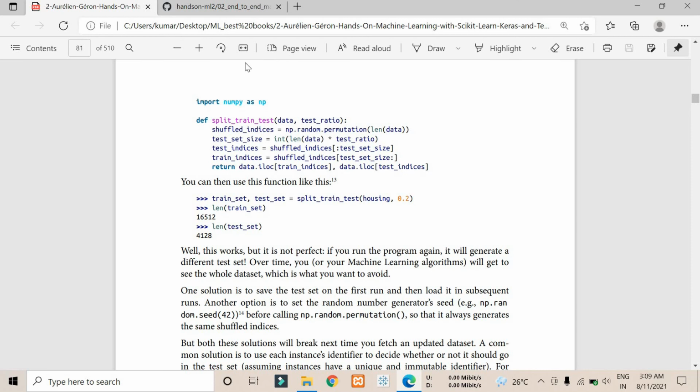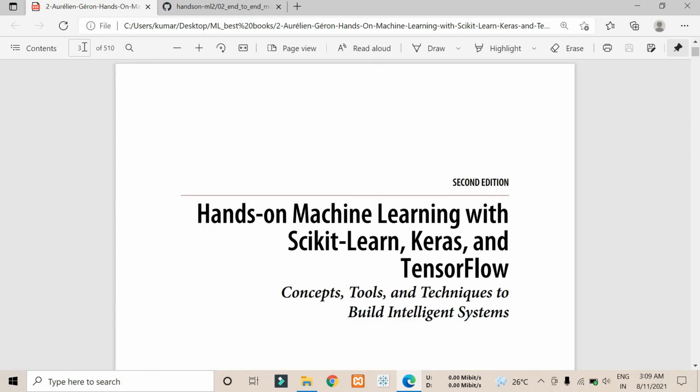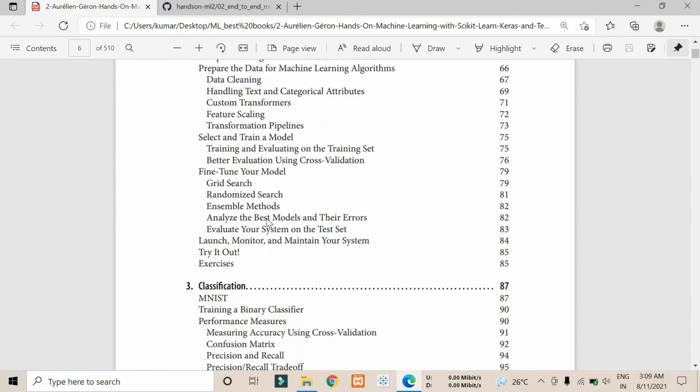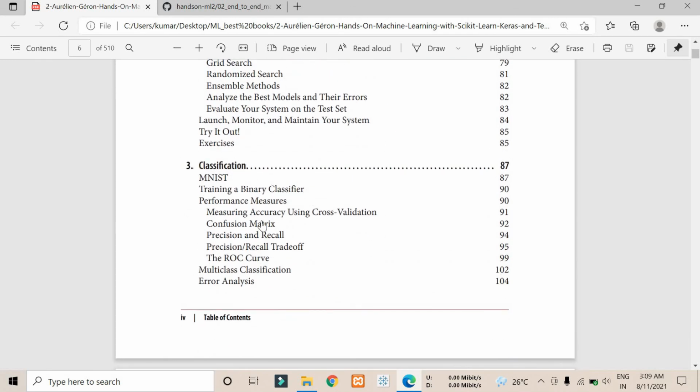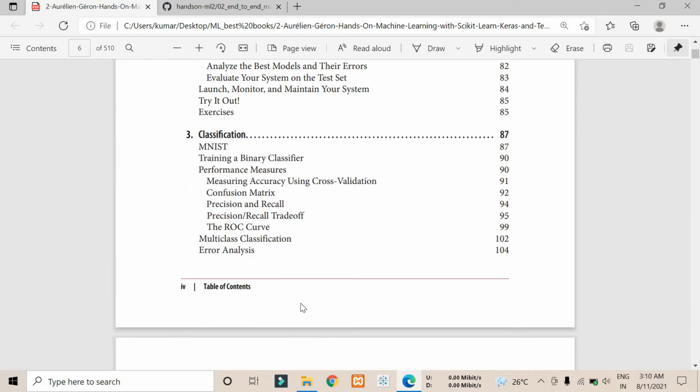And in chapter 3, let me go to the index page. Chapter 3 is classification. Let me give you a hint what chapter 3 is about.